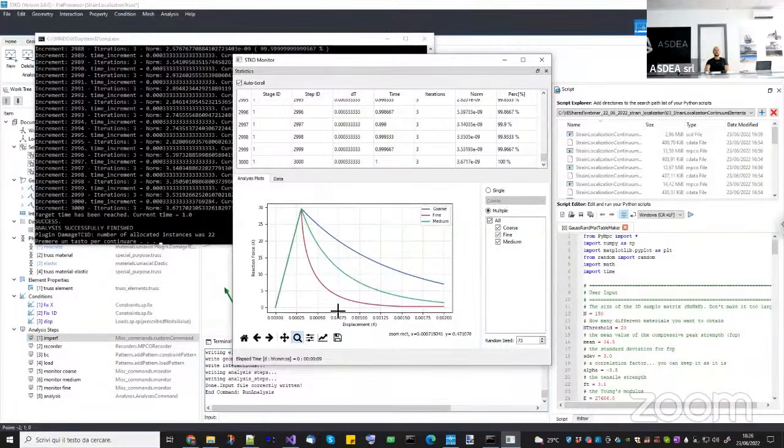You expect all of them to have the same solution as in the elastic part, but instead, when they reach the maximum point, the three models show completely different solutions. More specifically, you see that the coarse mesh is more ductile, while the finer mesh is more brittle. Why? Because, as I said before, if you have a solution like this,